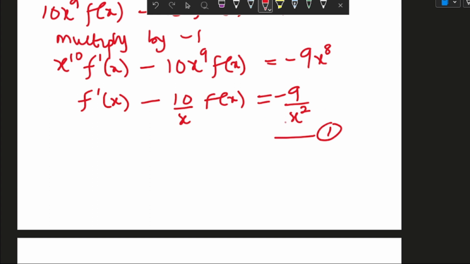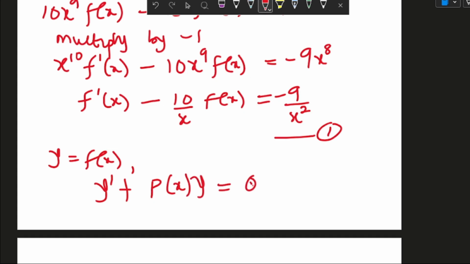Actually, this looks like a first order ordinary differential equation. So a first order ordinary differential equation looks like this. Let's take it for instance, maybe y is actually my f of x. Let's say y equals f of x. So I'm going to have the first order differential equation to be something like this: y prime plus p of x y equals q of x, is a representation of the first order differential equation, and has an integrating factor,